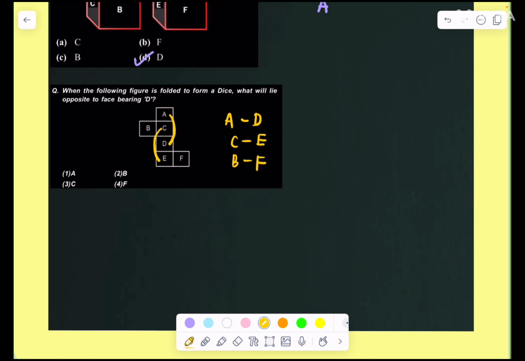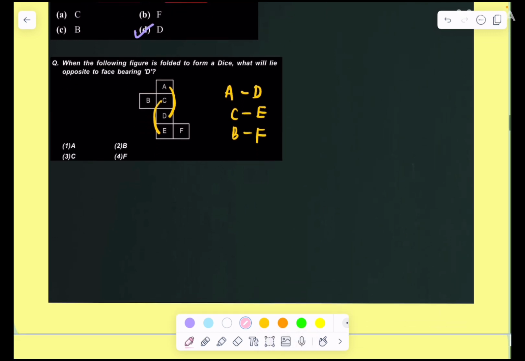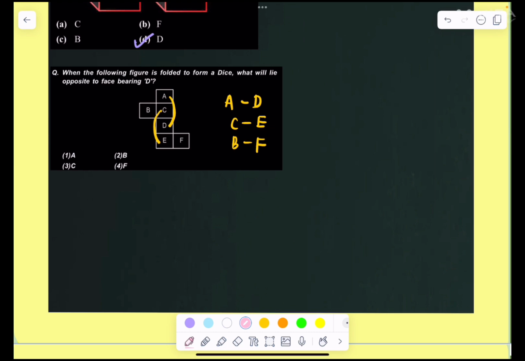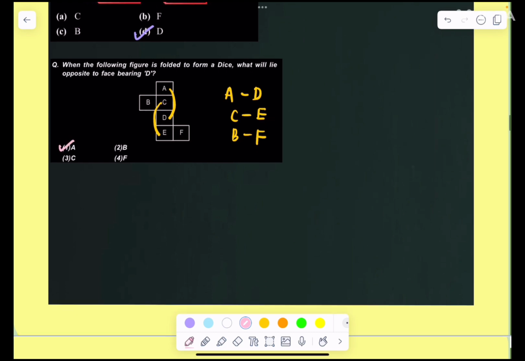So for every die, adjacent faces cannot be opposite. We can go in that way. If I take the C case, A, B, D are adjacent faces to that particular die here, right? And the opposite value, how much? Automatically we will get E. We can't get F. F is also adjacent here. So C and E are opposite only. And similarly A also we can check like that. In that fashion we can try. Okay, these are the opposite. Alternate faces here are opposite, right? Clear? So alternate faces are opposite. Now which of the following is opposite to D, they are asking. We'll get A only. Option number 1 is the correct option, right?